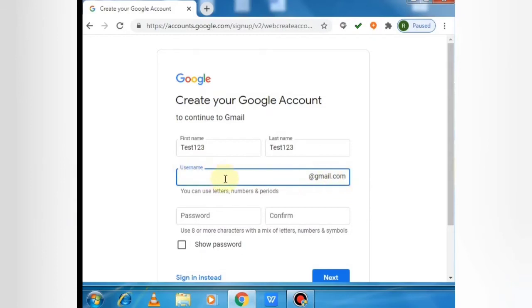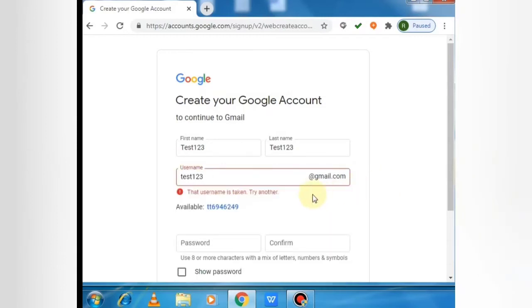Please note that @gmail.com is already there automatically because we are creating our account with Gmail. I am giving a test name, test123. We are getting a message that this user ID already exists. So we have to try another user ID or the options given by Google.